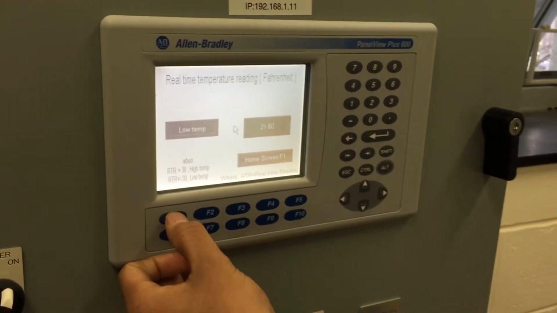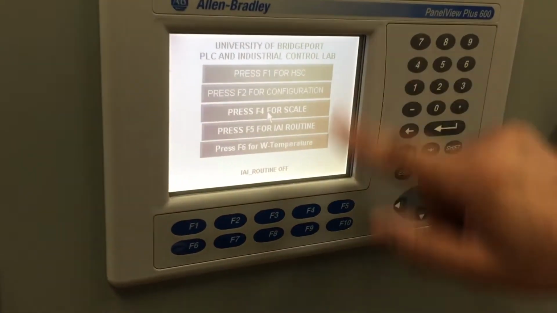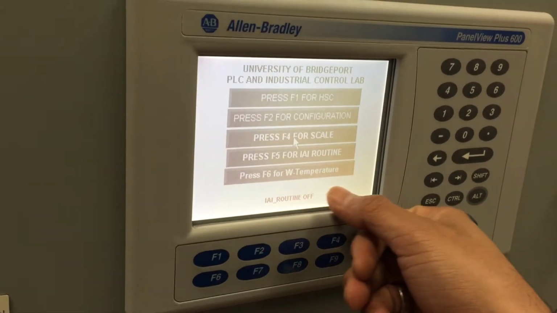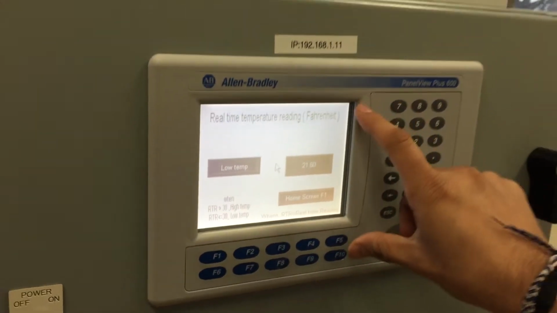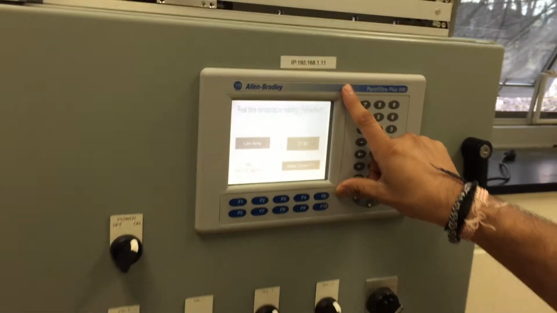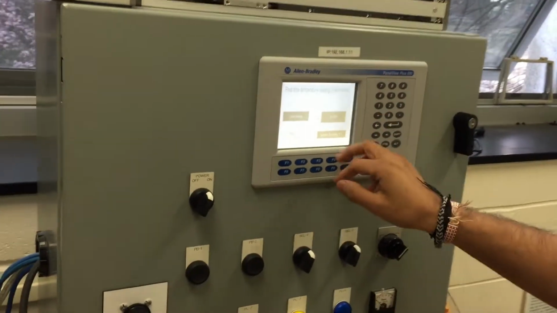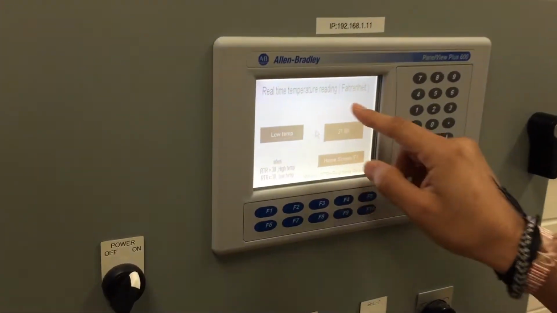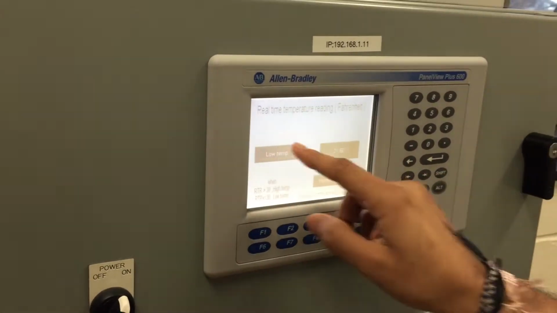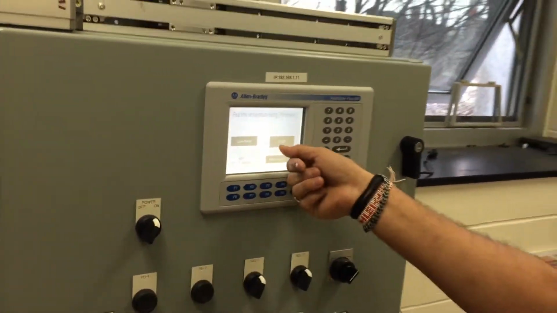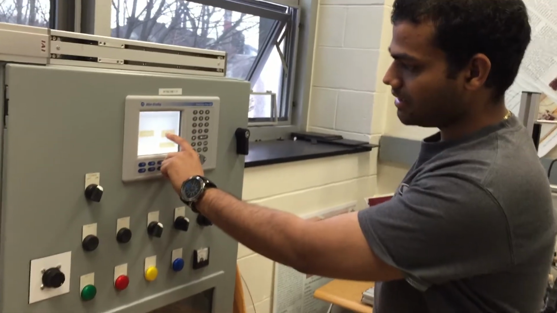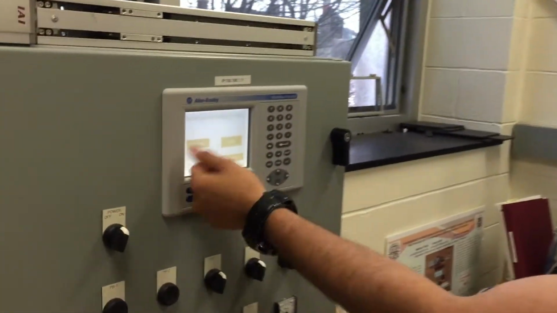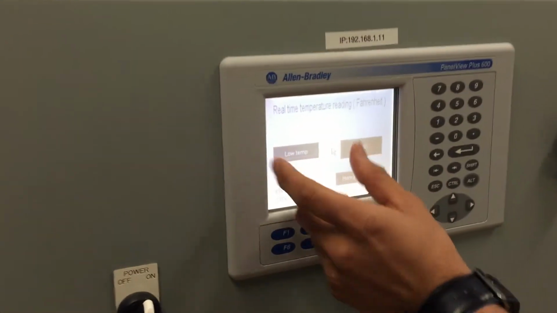F1 is used for the home screen. We have the home screen over here. For the wireless temperature, we have to click F6. This is the screen for the wireless temperature reading. Now we have this logic. What is this reading all about, and how can we get this value?